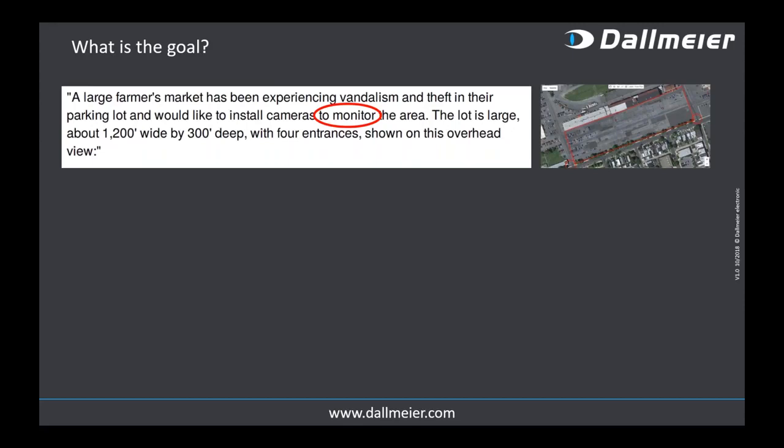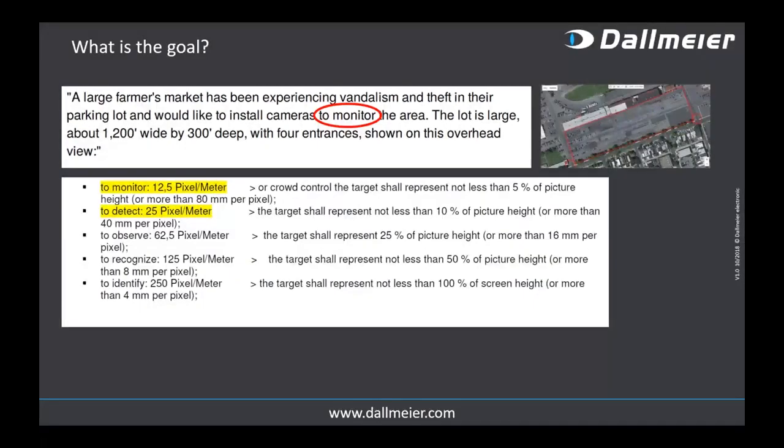with a request for proposal, which you can see here, where basically we want to monitor a farmer's market. You see a little Google Maps screenshot on the right-hand side, and we want cameras to monitor the area. The interesting bit is there is a DIN